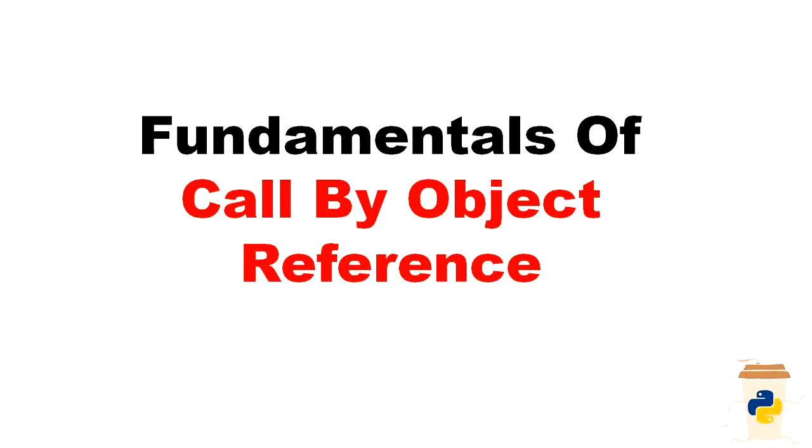Yet, just to remind you, a mutable object is an object whose elements can be changed, whereas an immutable object is an object whose elements cannot be changed. Examples of mutable objects are lists, sets, and dictionaries. And examples of immutable objects are numbers, strings, or tuples. Now that brings us to the end of our theory section, and let us quickly jump into the coding part.